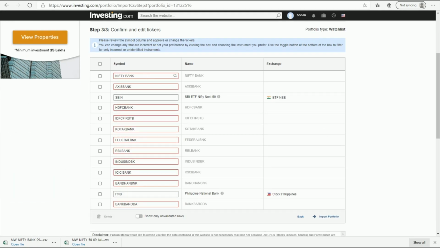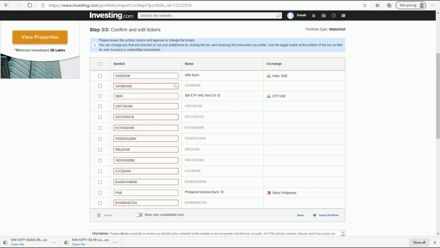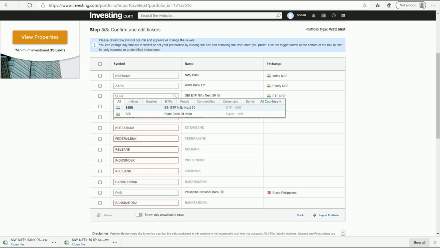Now we have to select each and every stock and select our NSE. As I told, NSE has greater liquidity, so we choose to trade in NSE. See here, for SBI India there are two, ETF and equity. So we will be selecting equity.